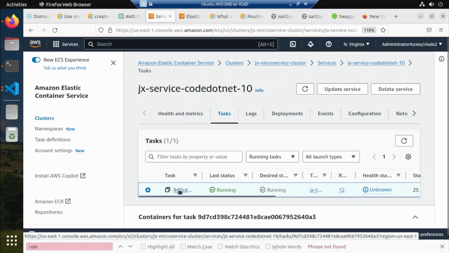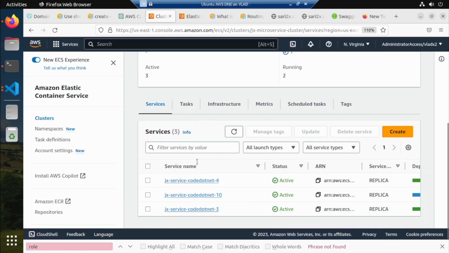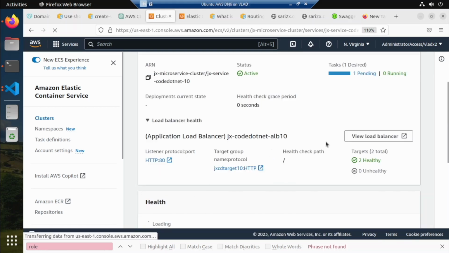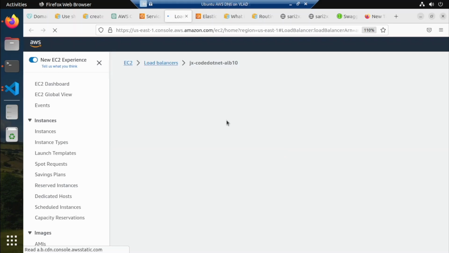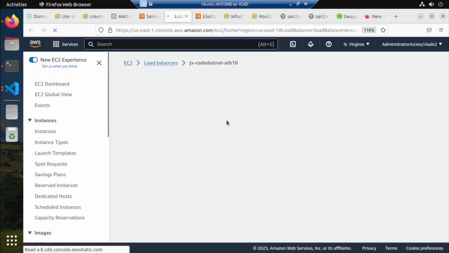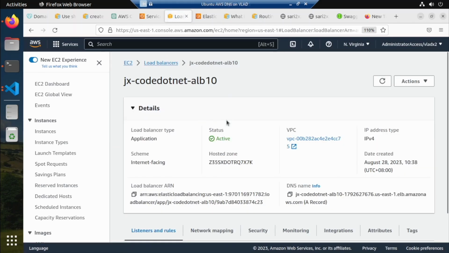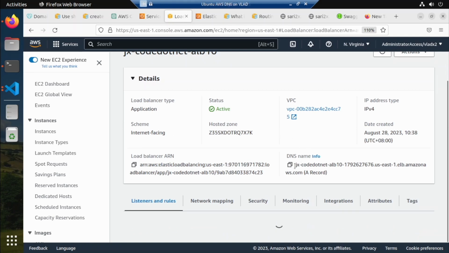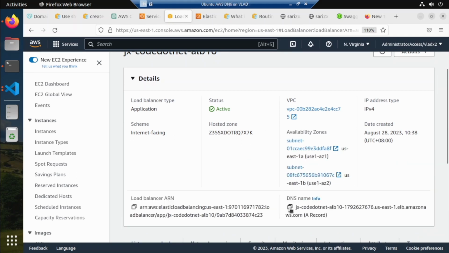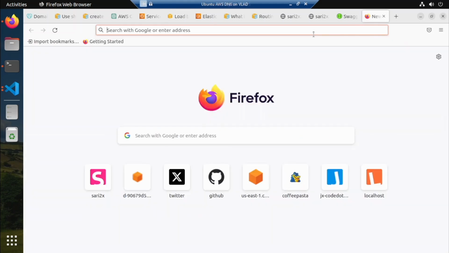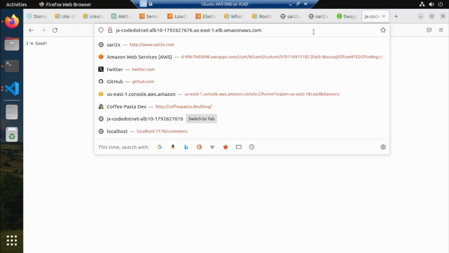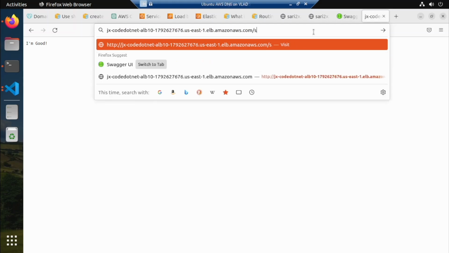Alright, it's now running. Go to the service, go to the load balancer. It will have maybe 2 load balancers now. Or no, only one. Yeah, so this one, the load balancer of this one. So let's copy the DNS and put the DNS in here. So that's good. Go to Swagger,